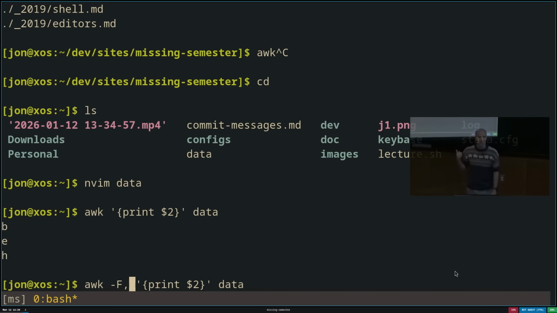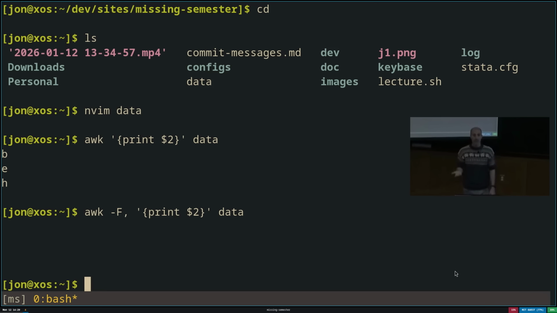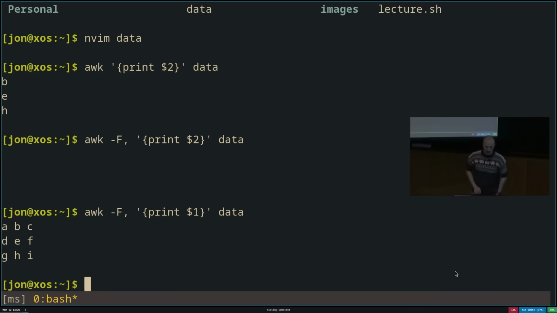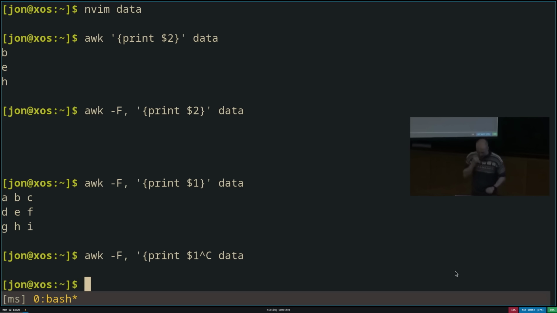Because now it splits lines by commas into columns, and the lines are records, and the columns are comma-separated columns that you can then print out. If I do this, there is no second column anymore, because everything is in the first column, because there are no commas in this file. I'll show you a more complicated awk expression later for the kinds of things it can do. But awk is a very useful tool for pulling data out of semi-structured files very easily.